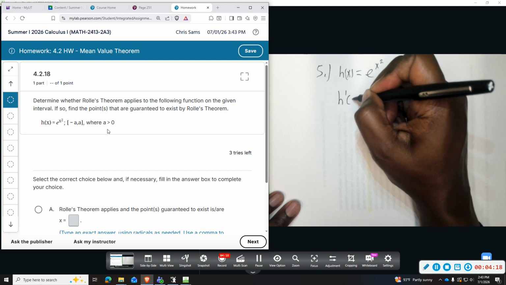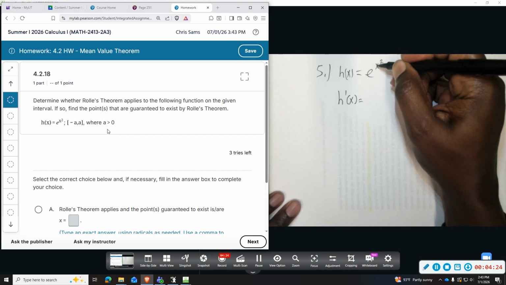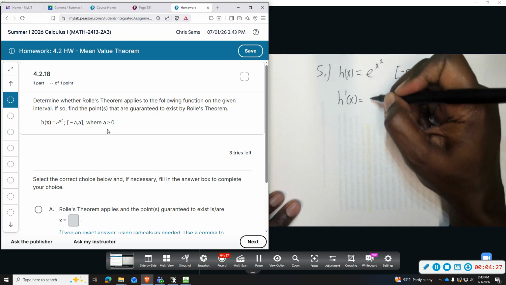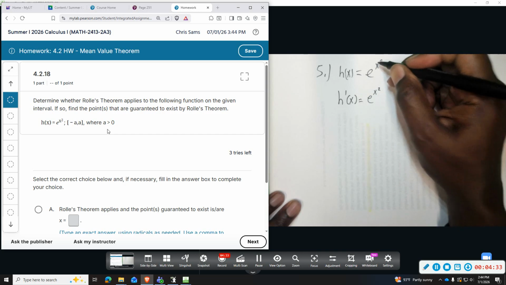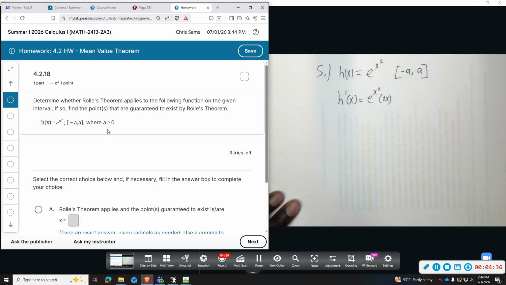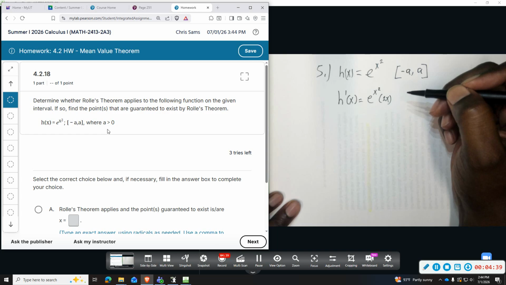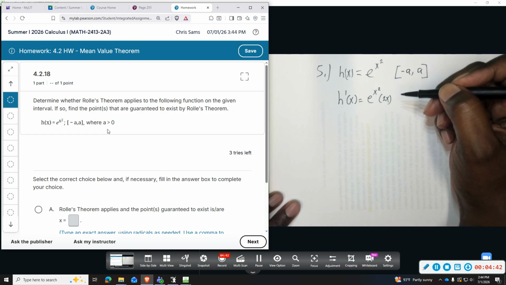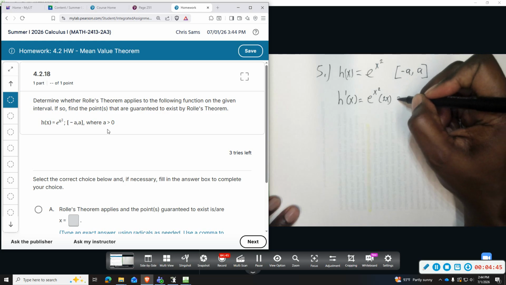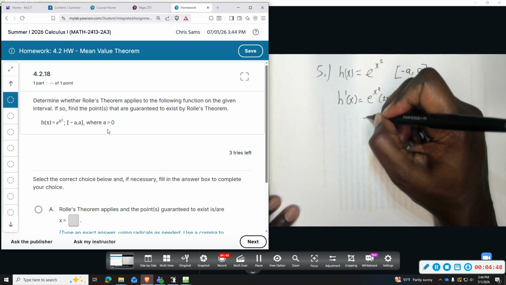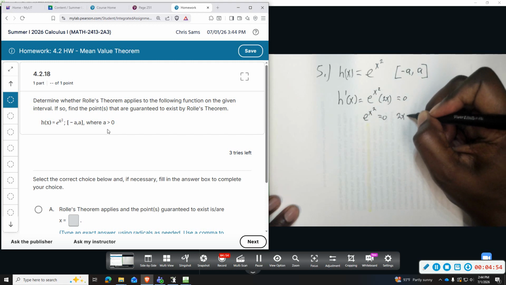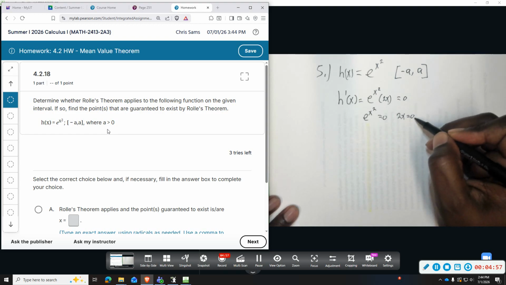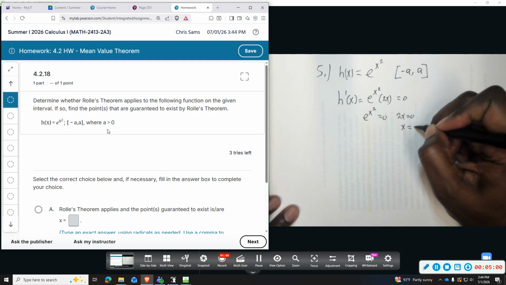And we'll find the derivative. So the derivative of e to the x squared, we're going to use the chain rule, is e to the x squared, whatever the power is, times the derivative of this, which would be times 2x. And we're going to set this equal to 0. And then we'll have two factors, e to the x squared equals 0 and 2x equals 0. So in this case, x equals 0,